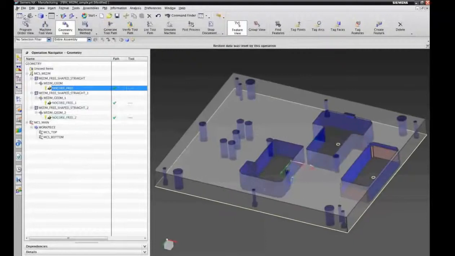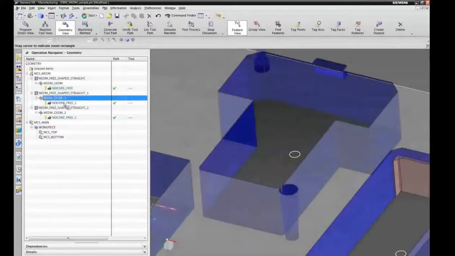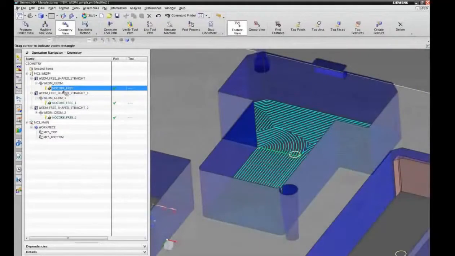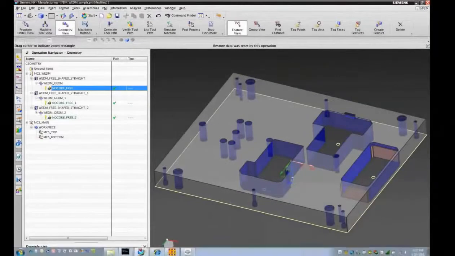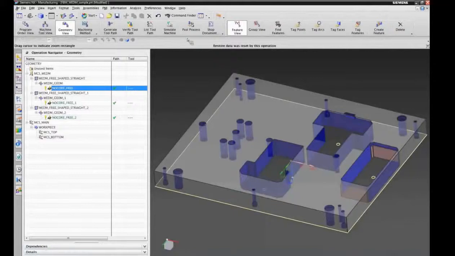Maybe it's not a good idea to do it like this, but there's my no-core operation, right? So a simple small change to my rules, and I get different results. And obviously, we'll explain that in much more detail later in the next sessions, how you can configure the process that you get. The last thing I want to show you is how to have this work on neutral geometry